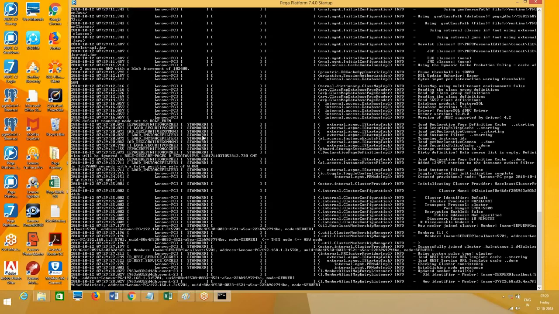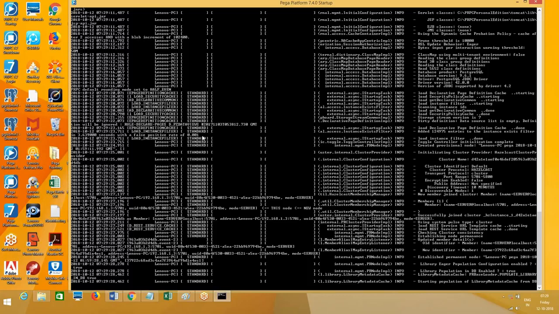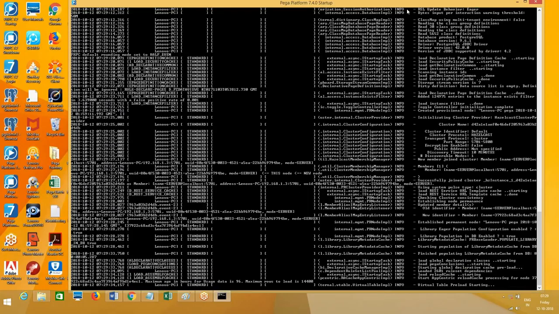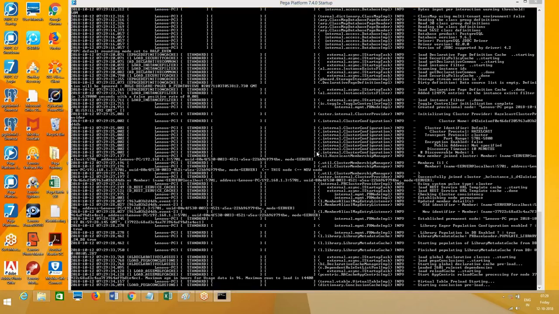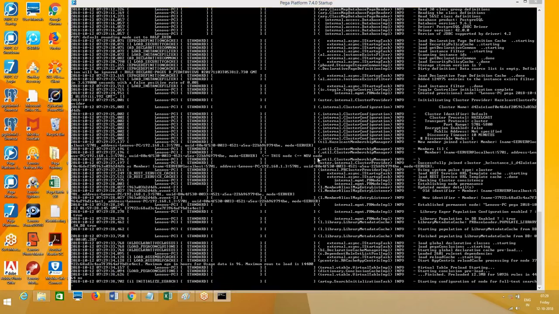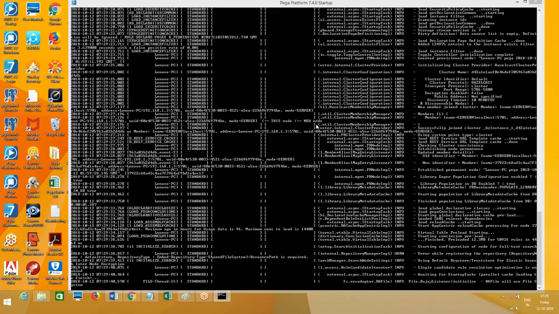Maybe it's a private property. Sorry, private. It is declared as private maybe inside. It's not a private property. It's a normal property like any other property. Suppose in the case processing, somewhere in between, you write an activity and do property set pyStatusWork equal to some value. Will that be updated to the work object? That will not be updated to the work object. Why will it not be updated?